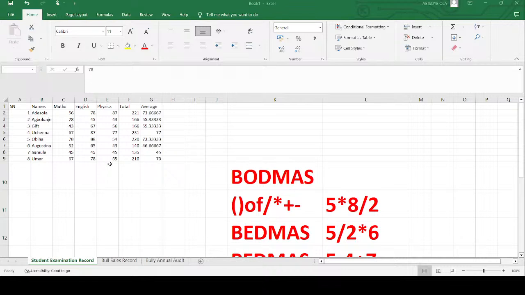Another thing I want us to work on is sorting. How can we sort the record without affecting the whole information on the sheet? If you click on one column and then you want to sort, you click on data and